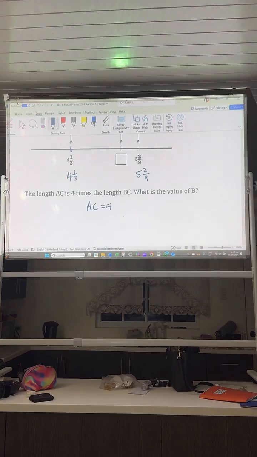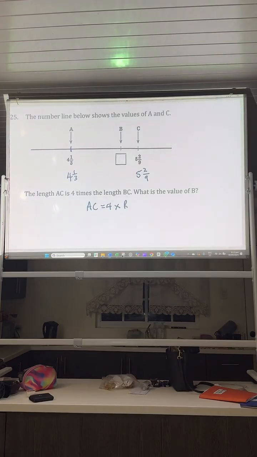Multiply, right? So there you go. 4 multiplied by BC. What is the value of B? So the basic thing I need to do here is find the distance between A and C,